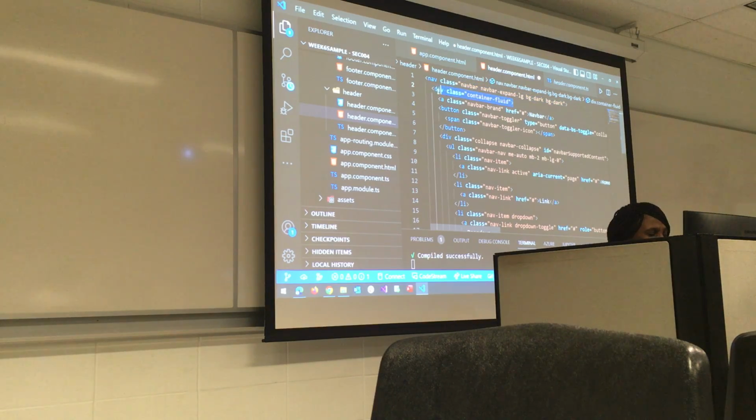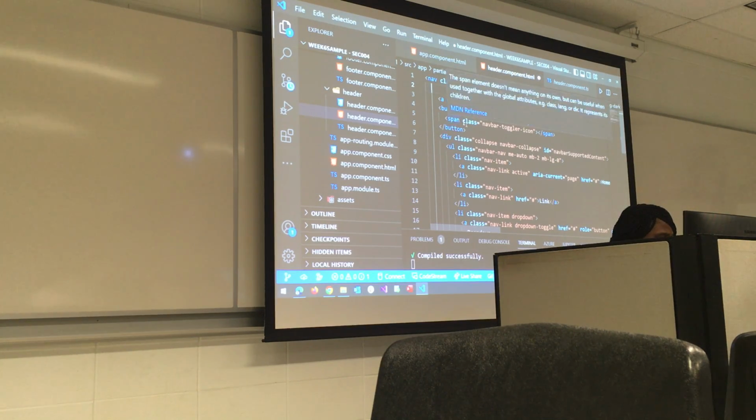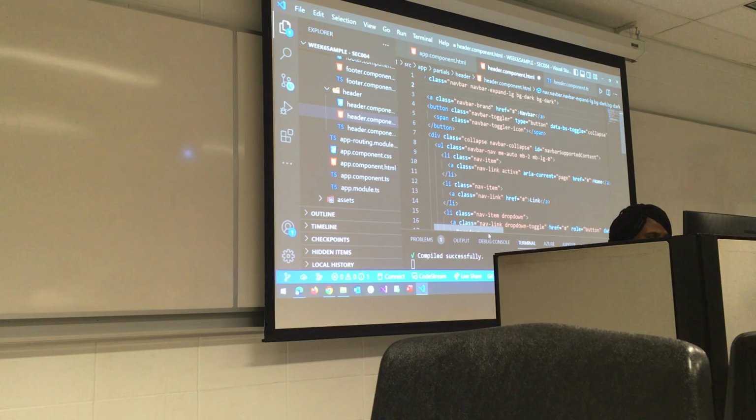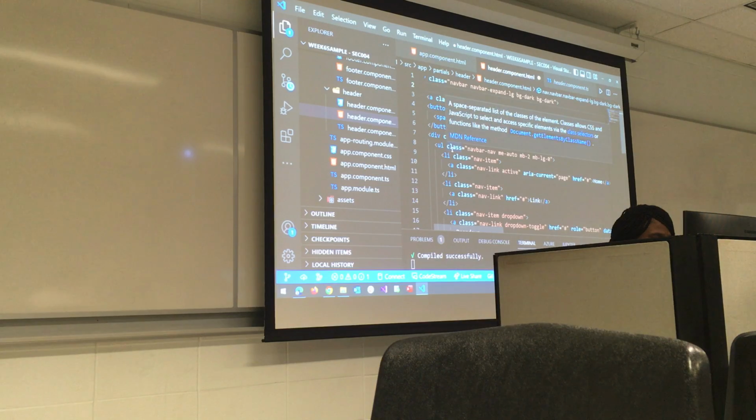After the opening of the nav, we have our anchor tag, we have our button, we have the span element to close the button, and we have the div element with class navbar-collapse, ID navbarSupportedContent. We have the unordered list.